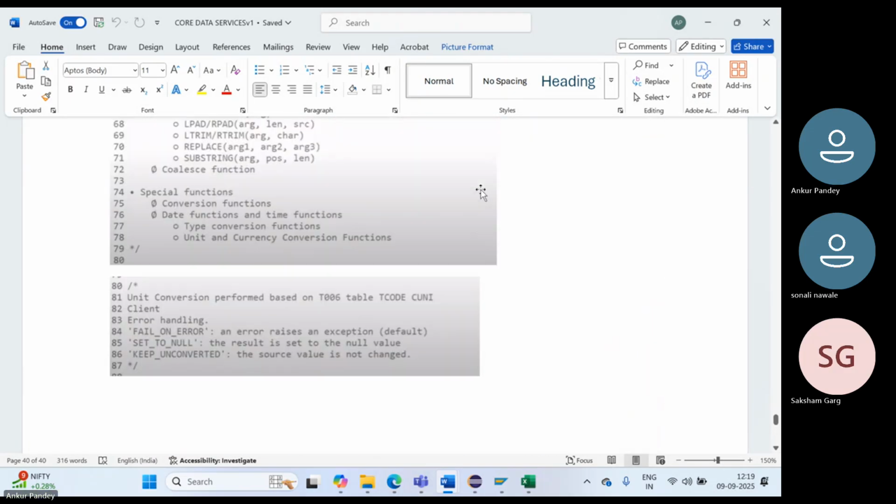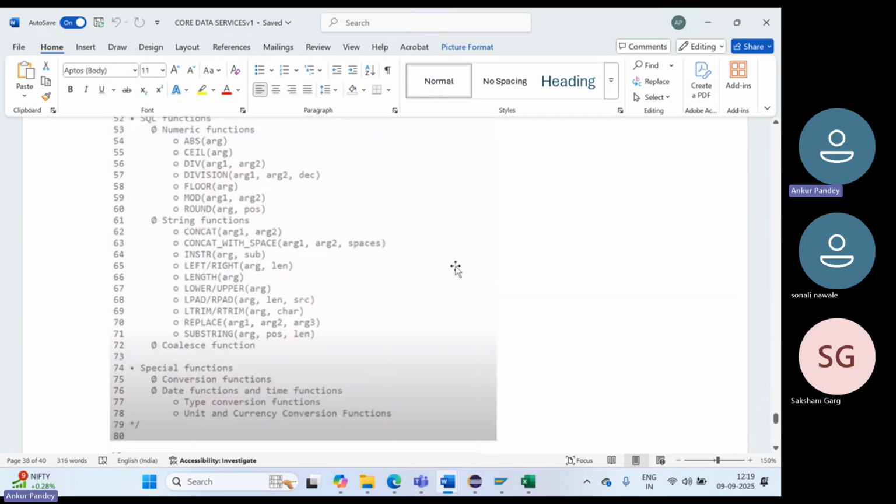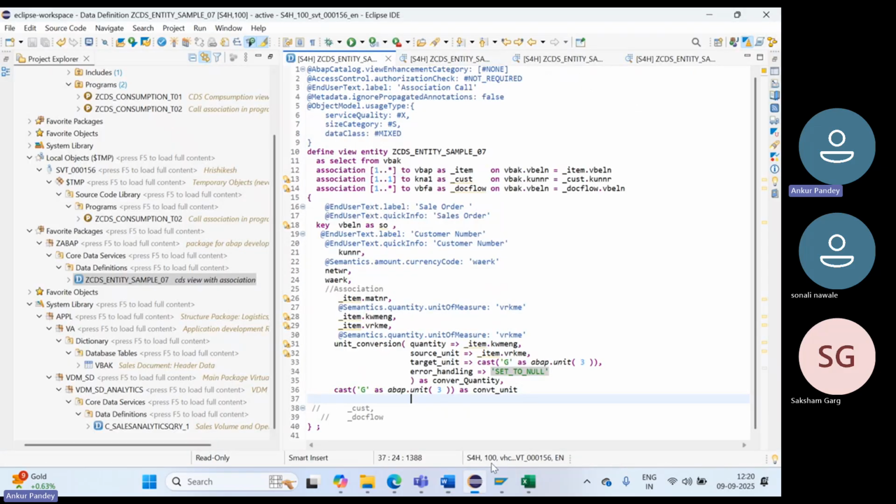चलिए, इसका स्नैप नहीं है, ठीक है, चलेगा। कन्वर्जन हो गया, यूनिट करेंसी कन्वर्जन हो गया, एरर हैंडलिंग हो गया, सेट टू नल कन्वर्टेड और चेंज। इसमें तीन चीजें आ रही हैं: फेल ऑन एरर, एरर रेज डिफॉल्ट, सेट टू नल डाला था तो जीरो आ रहा था, की अनकन्वर्टेड, अगर आप डालेंगे, कीप अनकन्वर्टेड।